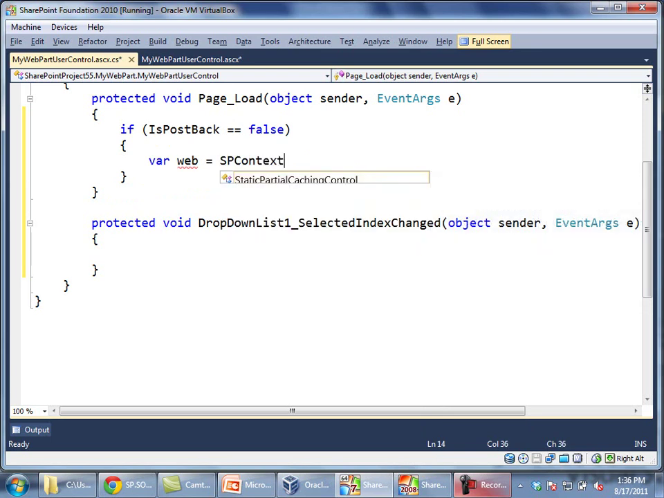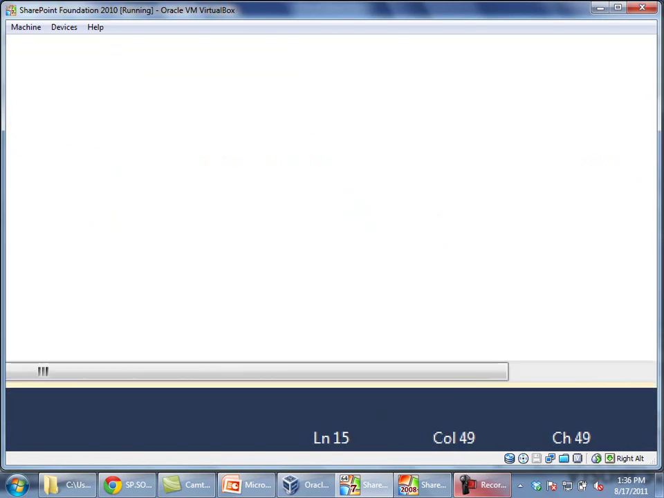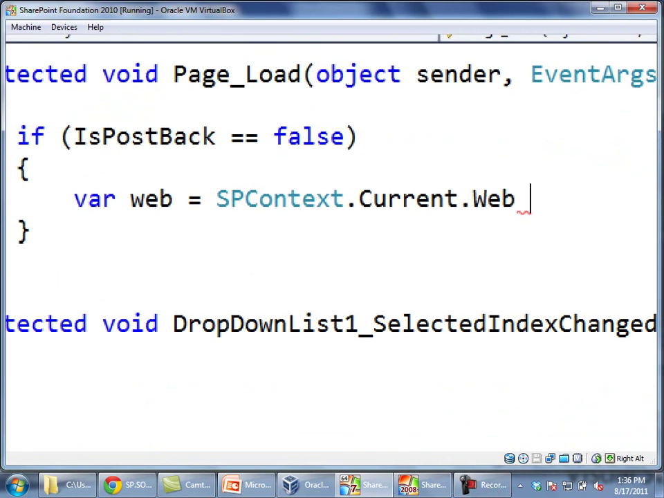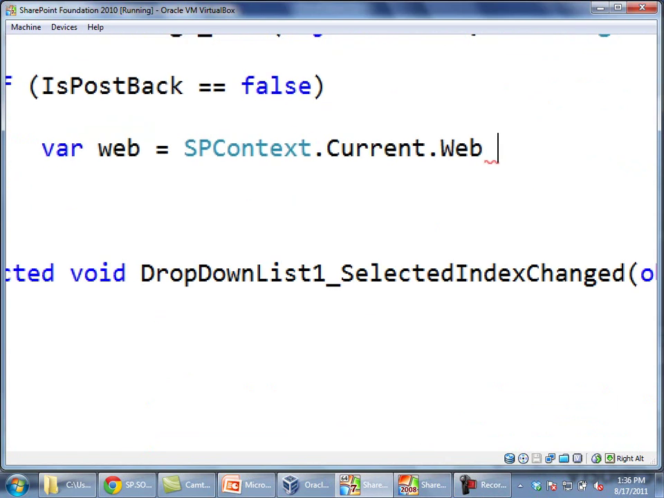The SP context is very similar to the HTTP context in a web application, right? It's information about the current context. And then I'm going to say .current.web. And then usually at this point somebody says, what's this web thing? And it has nothing to do with like Spider-Man or like that. What it is